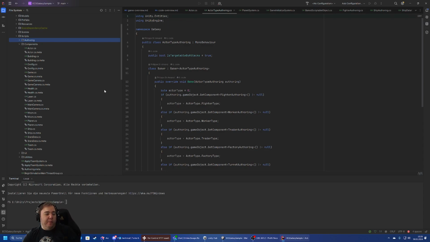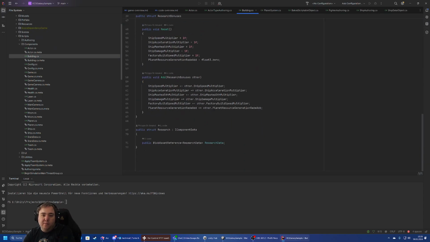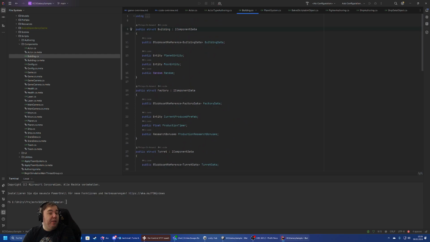So let's go back to that combat example. I would have a combat folder, and inside that combat folder I would have an authoring folder, a components folder, and a systems folder. Then each system, each component, everything has its own file, which can get a little bit annoying, to be honest. So what a lot of people would do is, let's take this building, for example. There is this approach where you just put everything in a single file. So your components, your authoring stuff, and your systems live in the same file, which I'm